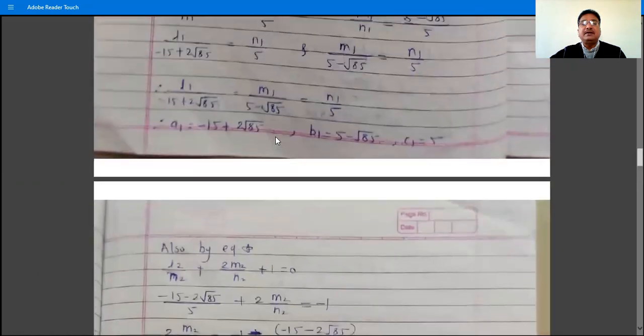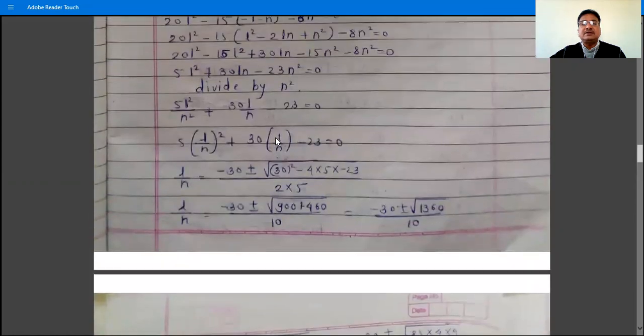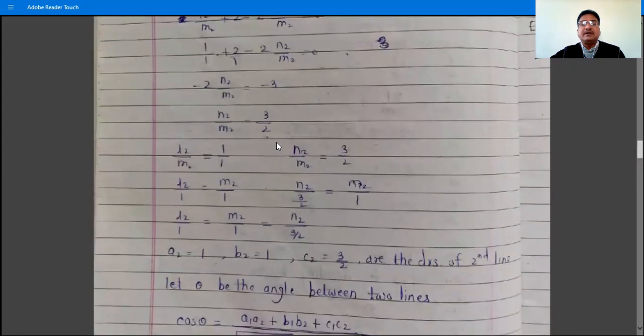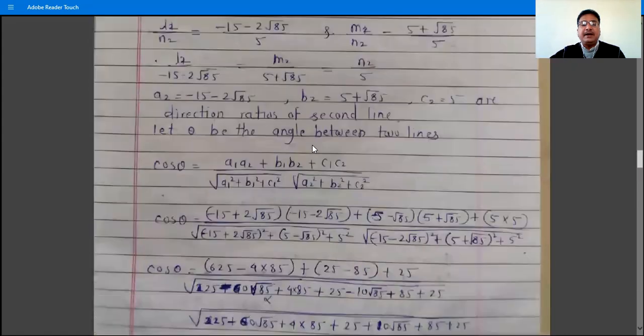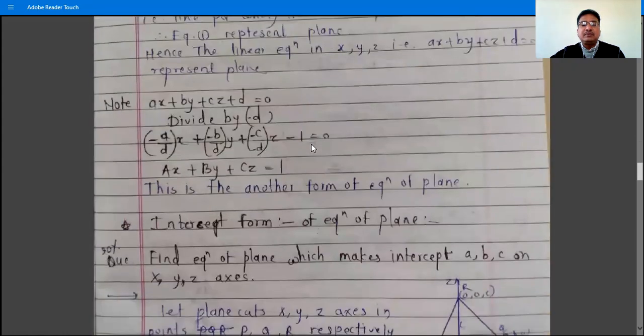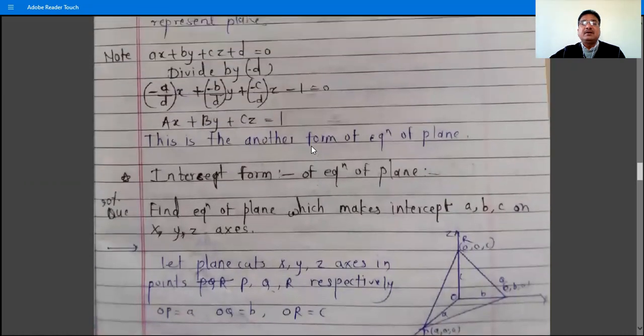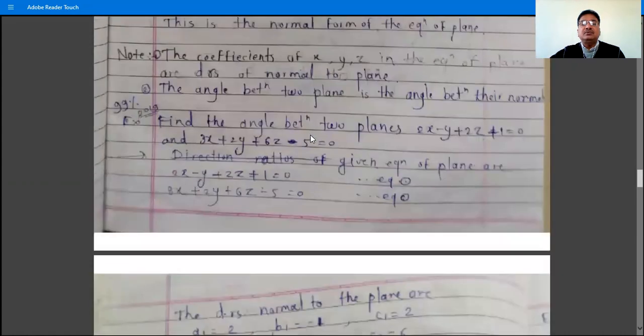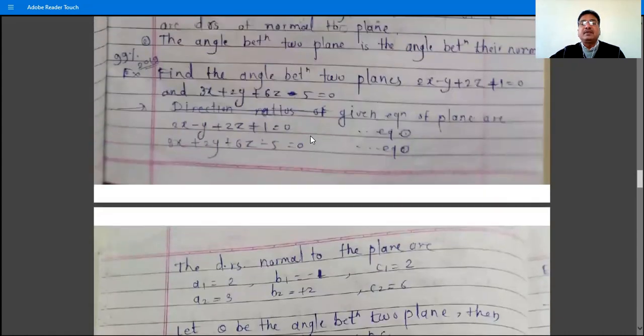This is the angle between two lines in terms of direction ratios. And in terms of direction cosines, use the formula cos theta is equal to l1 l2 plus m1 m2 plus n1 n2. So in order to find the angle between two planes, we find the angle between two normals, using the same formulae as for the angle between two lines. The next problem is of that type, finding the angle between two planes. We will see the problems in the next lecture.